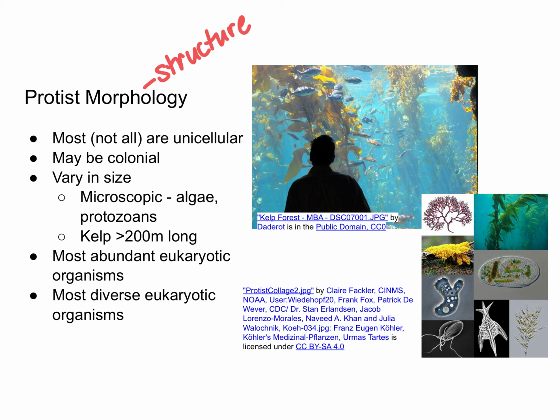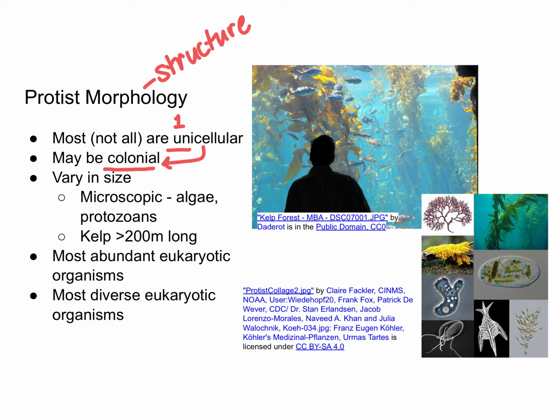So protists, most of them are unicellular. Remember, uni means one. So these are mostly single-celled organisms, but there are some multicellular exceptions to this rule. Some of them are also colonial, meaning that they are unicellular organisms that kind of work together like a multicellular organism, but they are not multicellular because the individual cells are still their own individual living